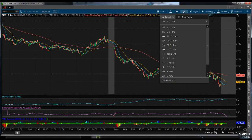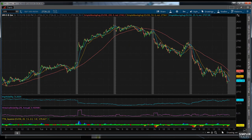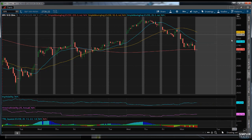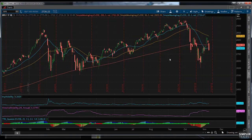I like to start on a small time frame and work my way back out. So again, there's our 5-day trajectory, straight up and straight down, right? And let's go to a 10-day, and it doesn't look quite as bad. Now you can see we're coming back into support here. That's our 200-day moving average, and we're at a pretty critical level here, and let me show you why. So if we back out even further,